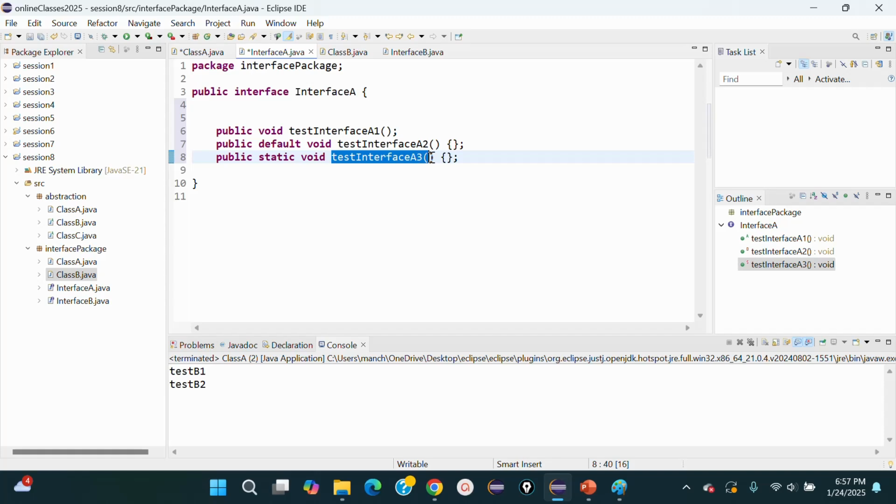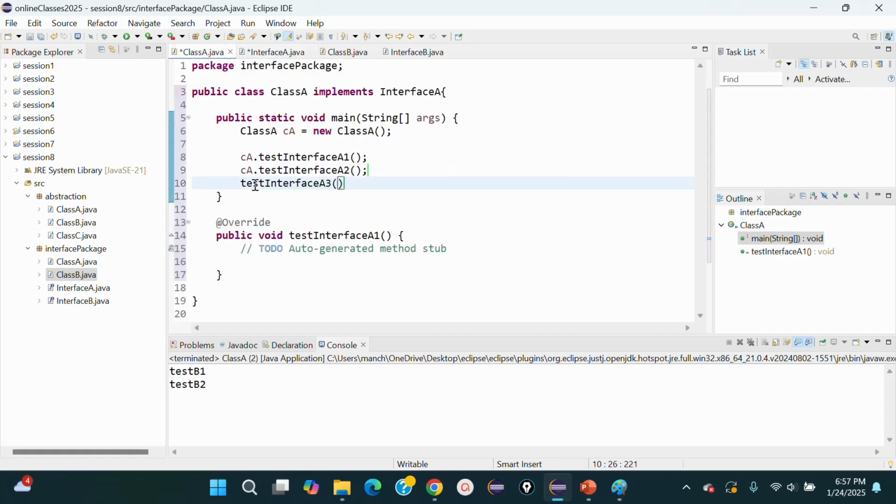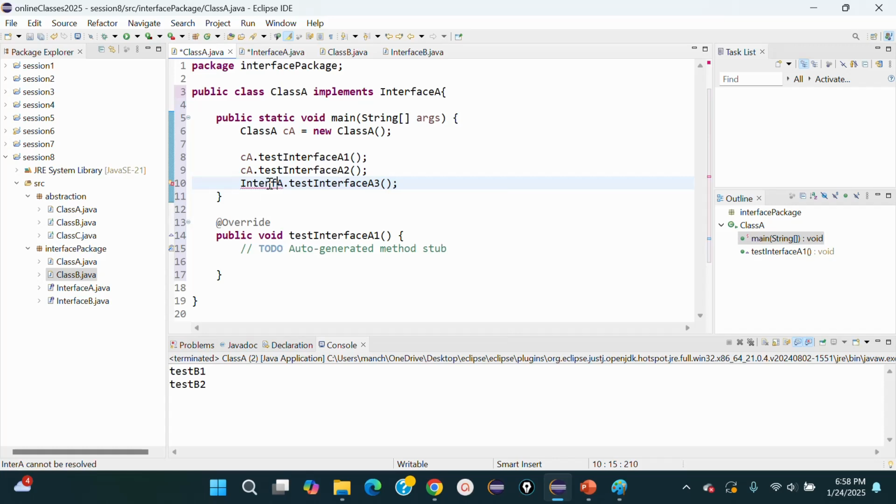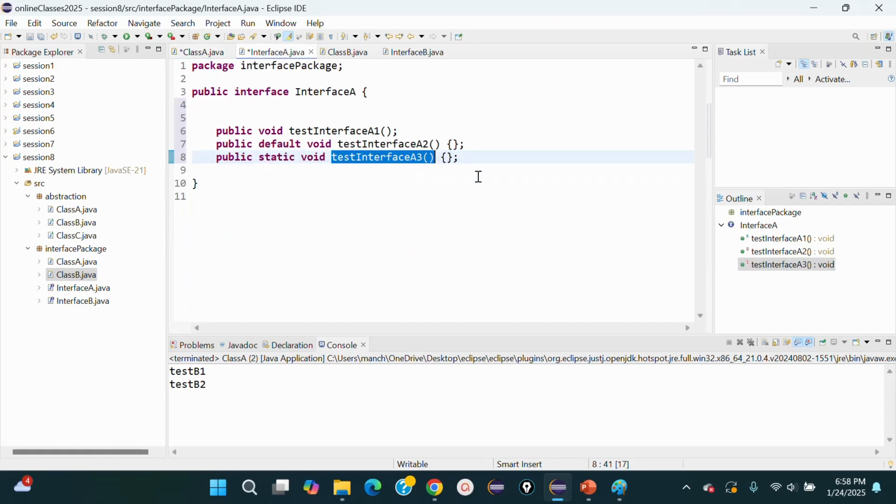So if you try to call this method, because this is the static method, right? This is the static method. How can we call the static method? Let me try, because it's a static one, so we cannot call it with the object name. Even if I put here class A, we cannot use it like that also. And then if I put here interface A,